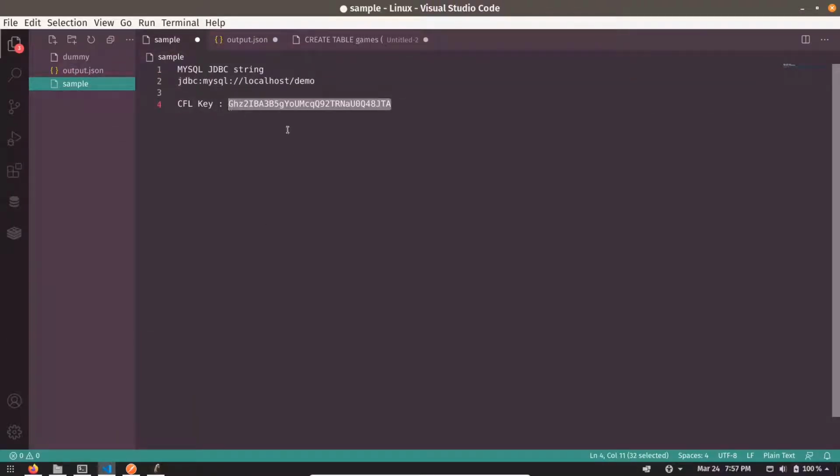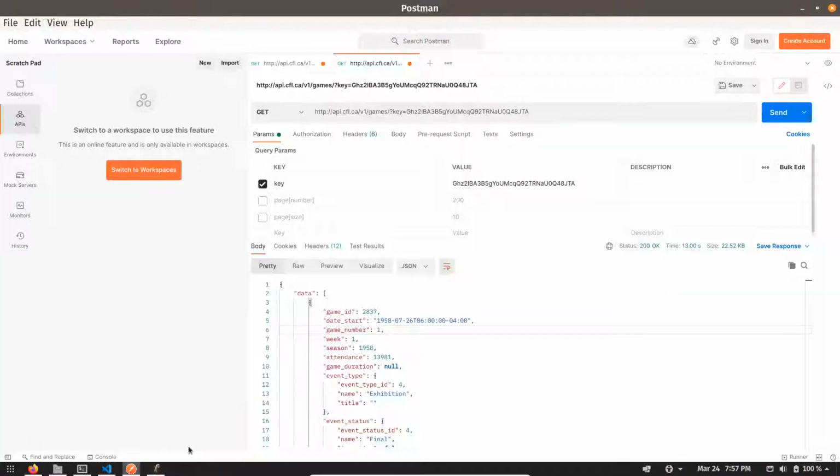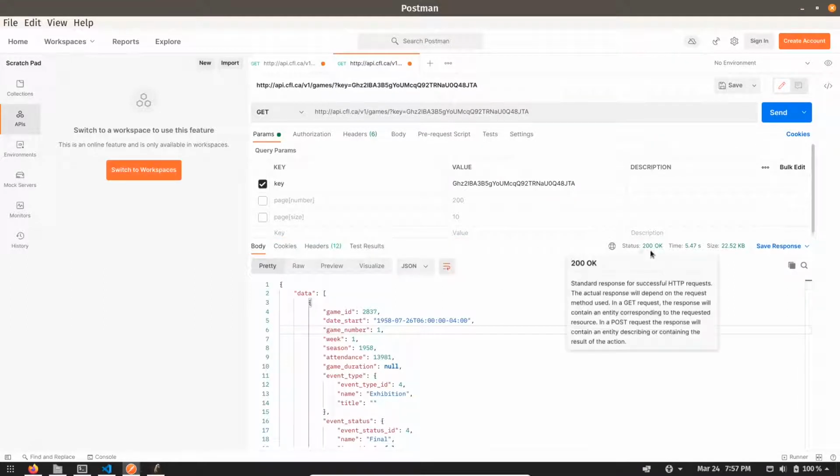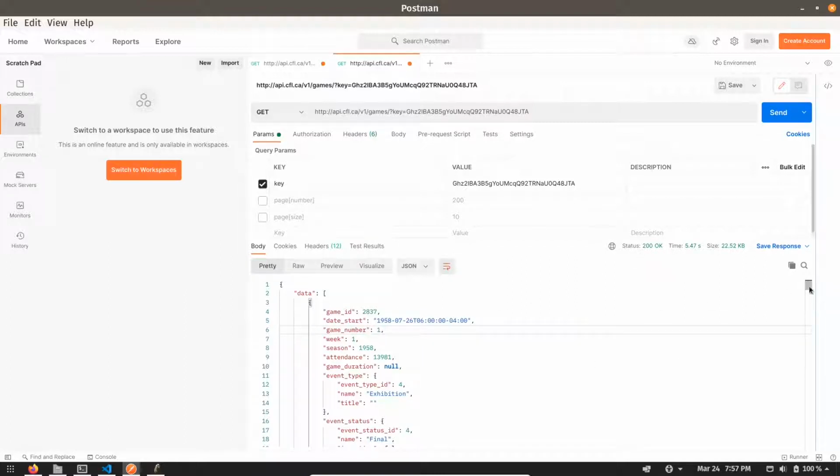So I'm going to show you how we can make paginated calls. Let me open my Postman. You can see I have already copied the endpoint and I have given the key as well. So let me make a call. You can see we are getting a status of 200 and we have received some objects. We have received just one object, and inside this object we have an array, that is data, and it has several objects.